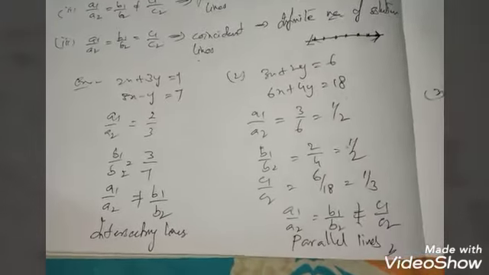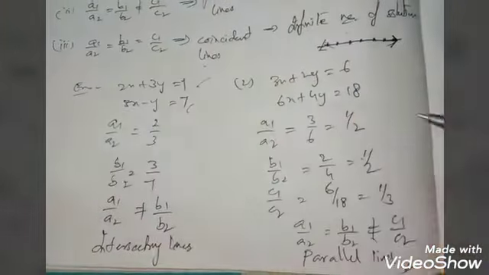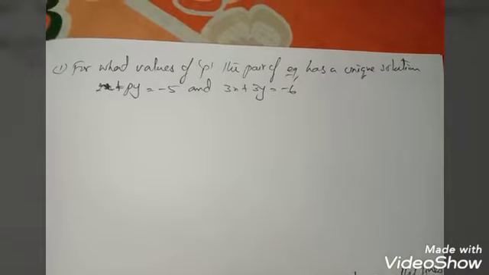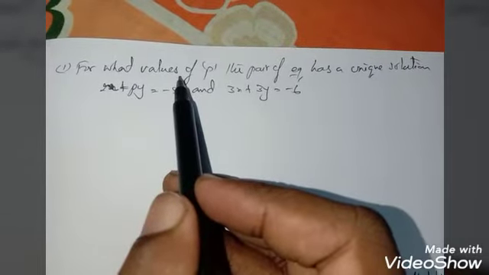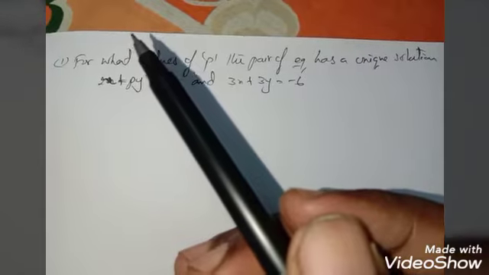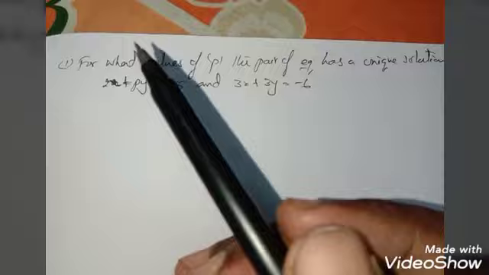Clear? So like this we are identifying whether the given linear equations have intersecting lines, parallel lines, or coincident lines. Now based on that we have some problems to solve of missing numbers, right? Previously we have learned how to show the intersecting lines, parallel lines, and coincident lines by using their conditions, right?